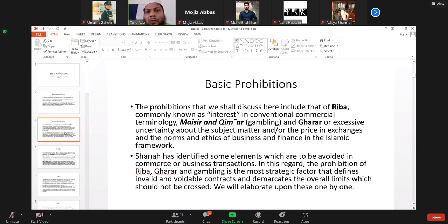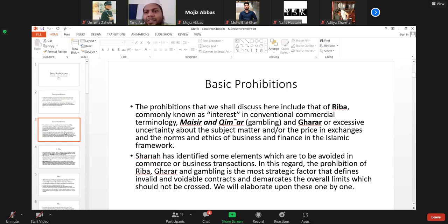The rate of interest on bonds and fixed income securities. So that interest they consider as a normal interest, and if there is some excess interest beyond the normal interest, they call it usury. And in the West, they have regulations and laws against usury. So if there is any financial institution that is operating in the West, it has to follow that law, that is the usury law. They cannot charge an interest which is more than the ceiling that has been mentioned in the usury laws.